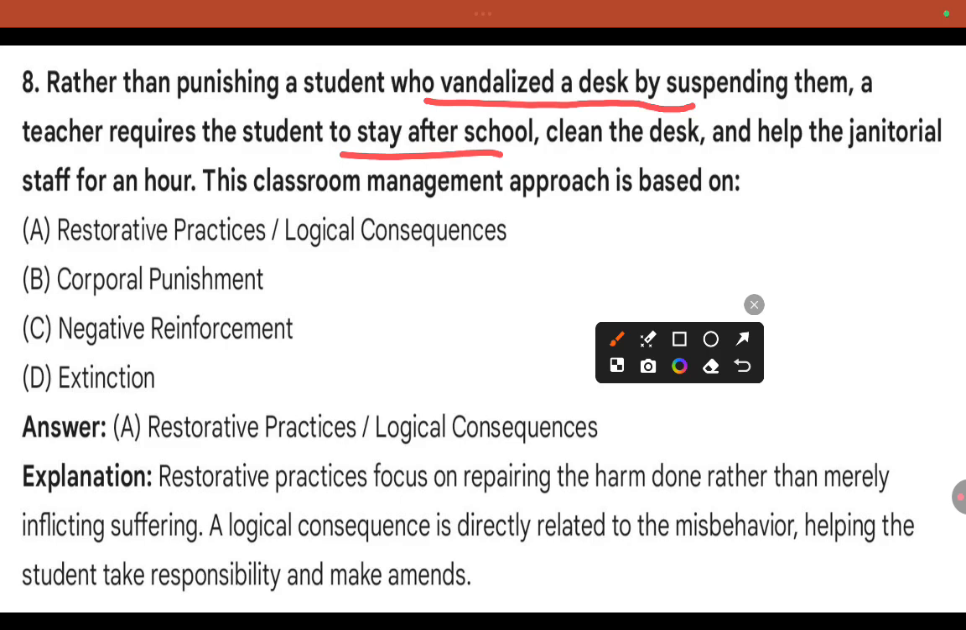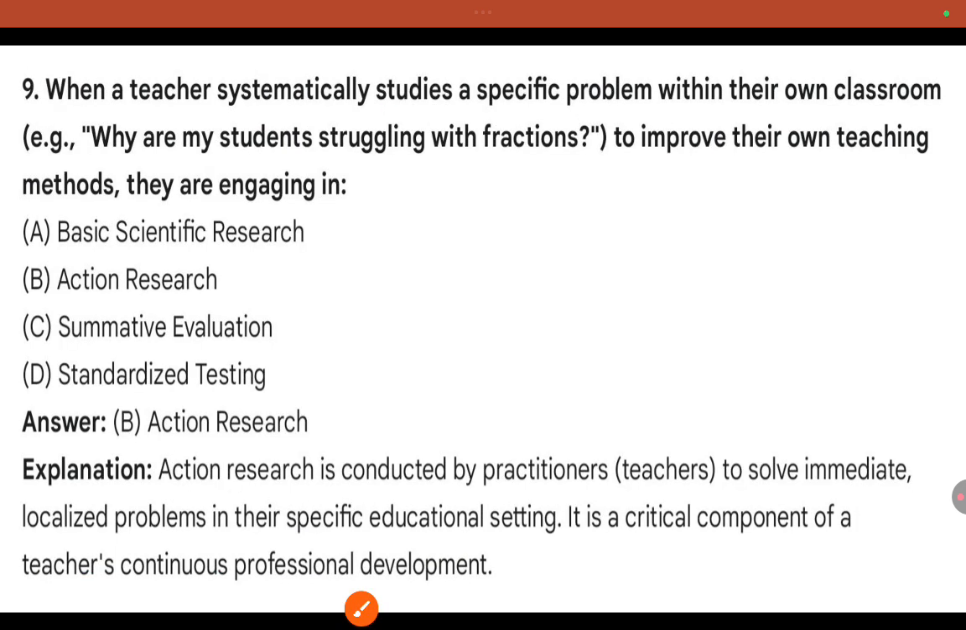Restorative practices focus on repairing the harm done rather than merely inflicting suffering. A logical consequence is directly related to the misbehavior, helping the student take responsibility and make amends. When teachers systematically study a specific problem within their own classroom, for example, why are my students struggling with fractions, to improve their own teaching method, they are engaging in